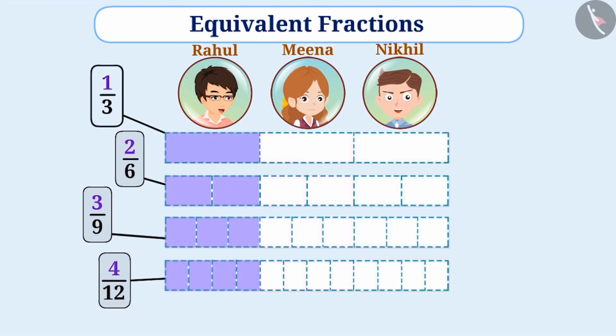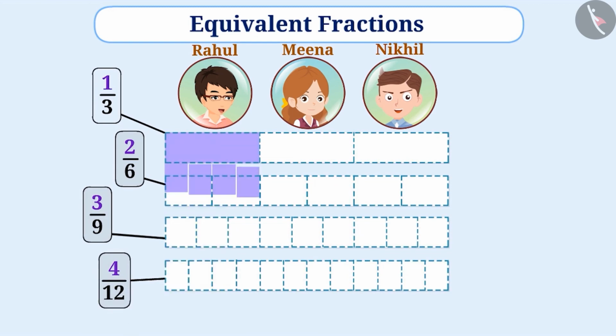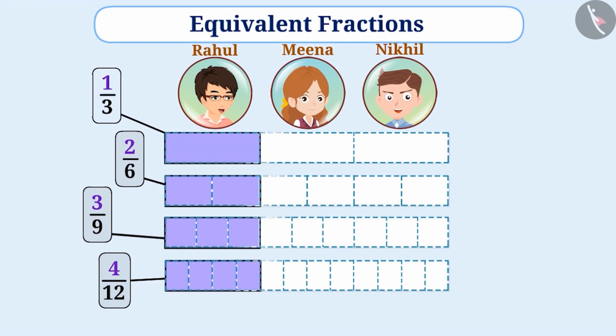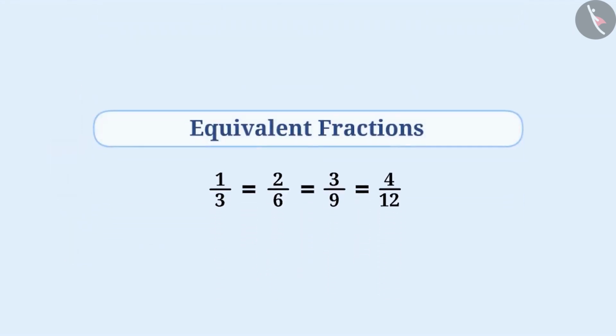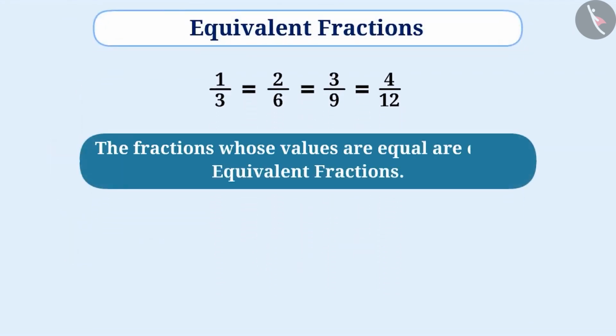Now, if you look at these fractions, then they may appear different to you. But if we place the parts one over another, then we will find that these are covering one another completely. What do you understand by this? Think for a while. You are absolutely correct. We can understand that these fractions have equal size. That means all these fractions represent equal parts of a whole. Therefore, the values of the fractions 1/3, 2/6, 3/9 and 4/12 are equal. The fractions whose values are equal are called equivalent fractions.